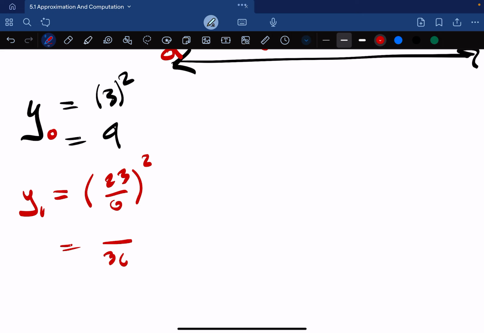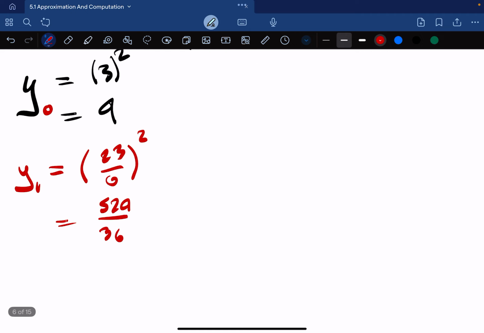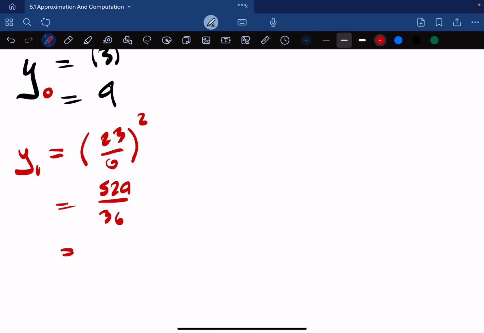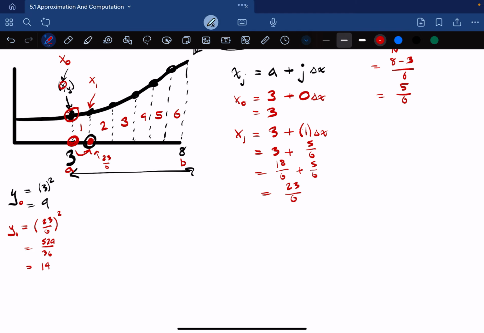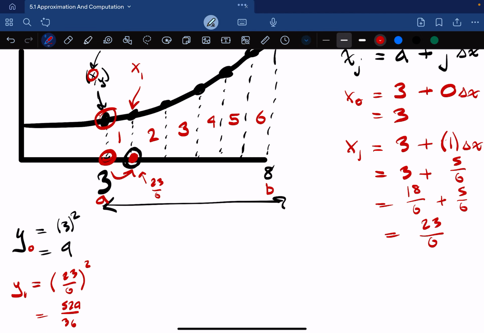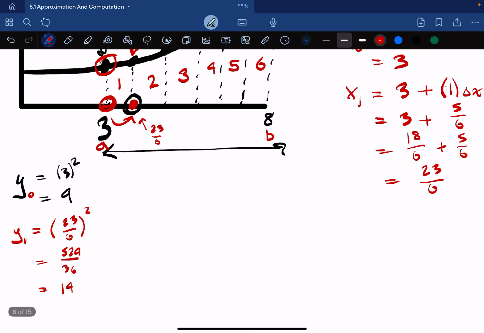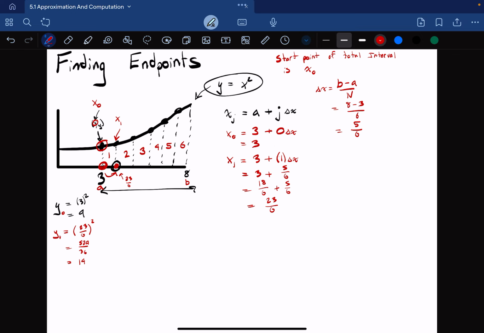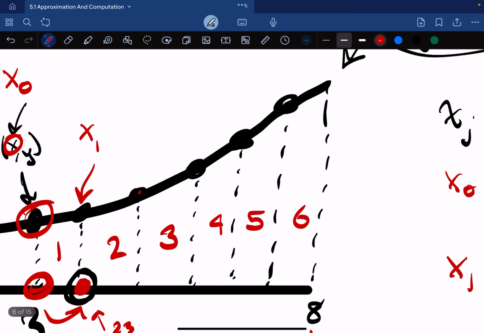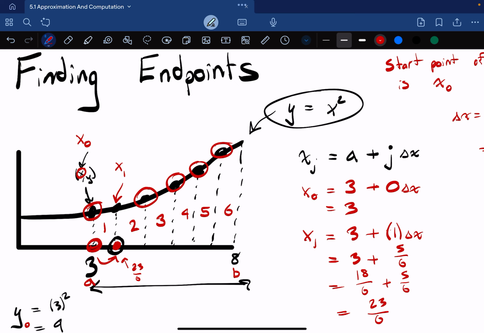Let's see. I know my bottom is going to be 36, and then 23 times 23 is 529. Now this does look more intimidating than it actually is, but if you do 529 divided by 36, you simply get 14, which is very reasonable, considering that our first y value was 9. And basically, this is how you would find the x value for each and every one of these endpoints, and then you would just plug them into the function to get your heights for each and every single one of